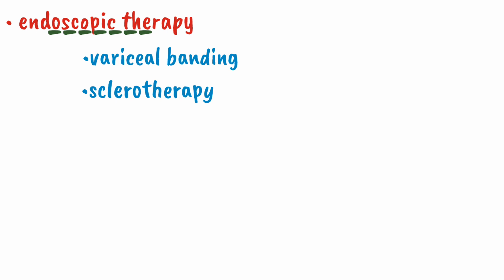The banding is superior to the sclerotherapy except for the gastric varices. In gastric varices, we cannot place a band. So in this situation, we use sclerotherapy by using a sclerosing agent such as cyanoacrylate glue. Once a patient undergoes endoscopic therapy, the next step is to look for the hemostasis, meaning whether a patient is maintaining their vitals or not.